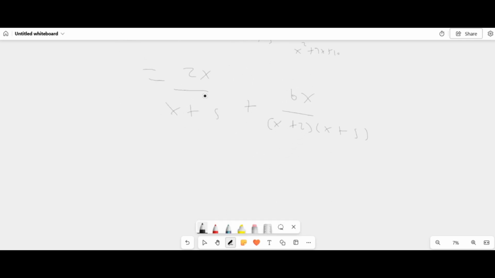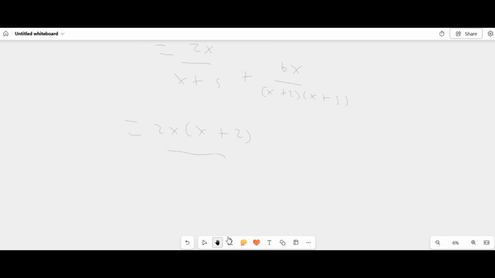The left-hand side needs to be multiplied by x plus 5 on both the top and bottom to get the same denominator. So that's going to be 2x open bracket, x plus 2, sorry, not x plus 5 here. And then that's going to become x plus 2, x plus 5, plus 6x over x plus 2, x plus 5. And then obviously now,